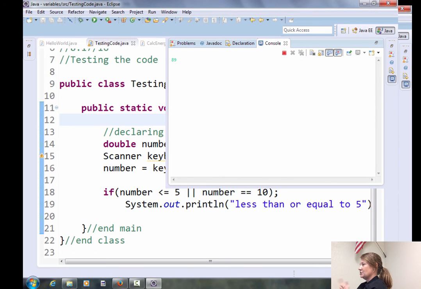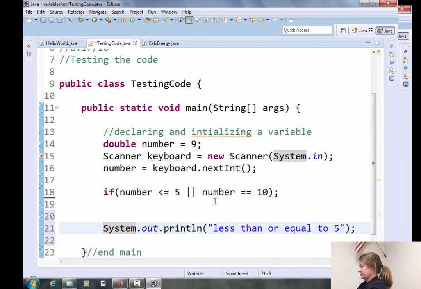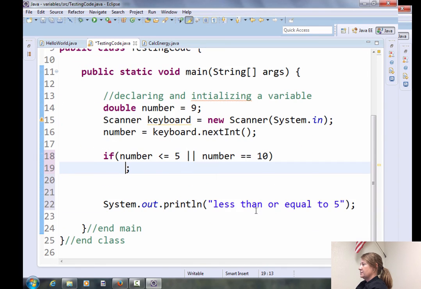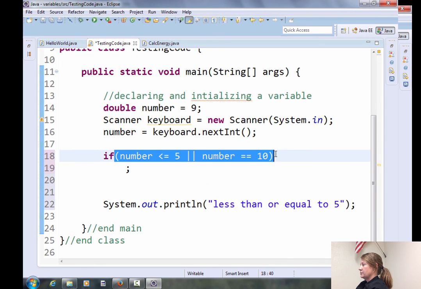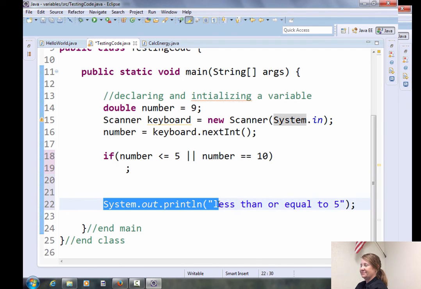That Boolean statement should be false, right? So this is how my program code is working now. It's saying, if this is true, do this line of code. And what does that line of code tell you to do? Nothing. And then when you're done with that, go out of your branching statement and do this line of code.